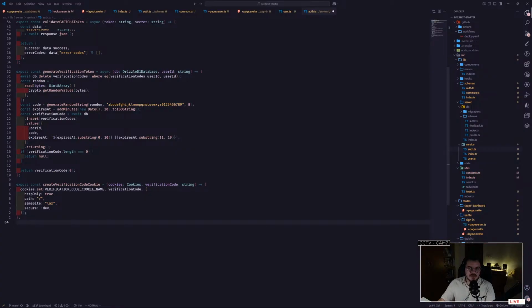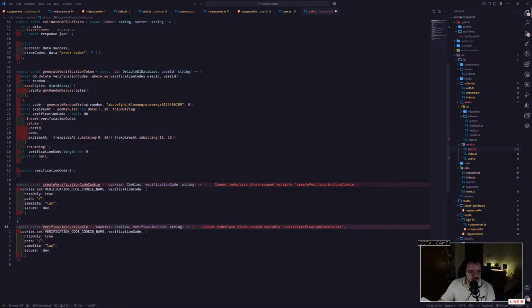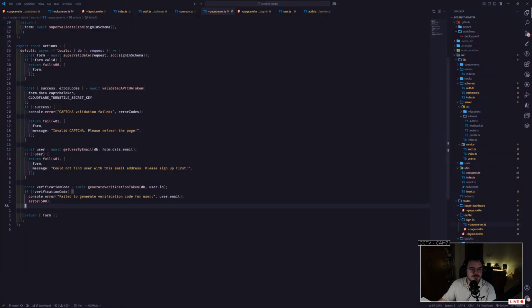Okay, and we will need this a bit later, but while we're at it, let's also create the delete verification code cookie method. We'll need this when we do the verify, but since we're at it, let's do it like so. And now